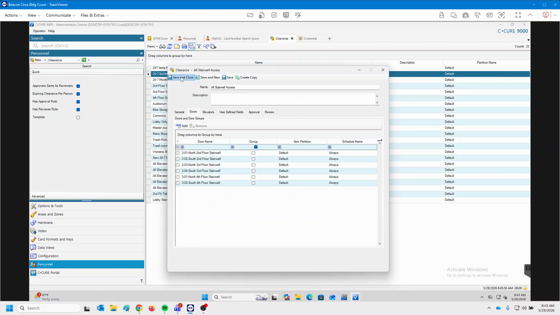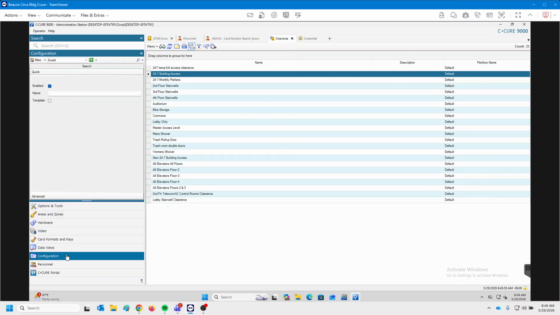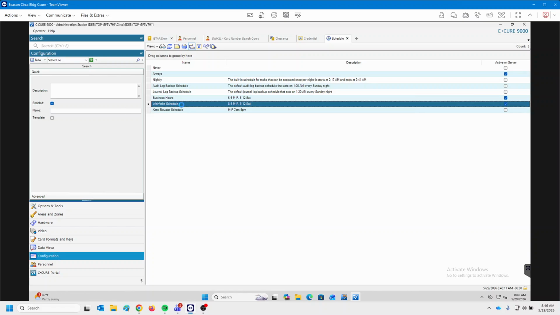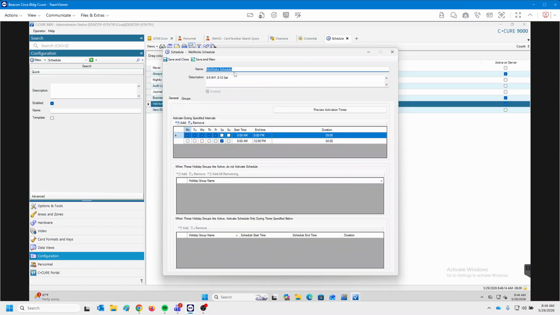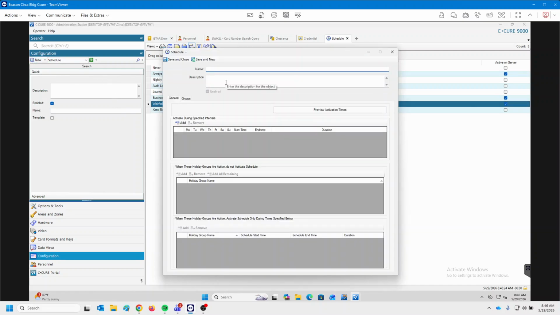And how do we create schedules? Yeah, we don't have to save that one. Okay, schedules, that's under configuration and schedule. If we hit the green arrow, that lists what you already have. And if we wanted to look at the WeWork schedule, all it is is a name and a set of hours. If we were going to create a new one, hit new, give it a name,